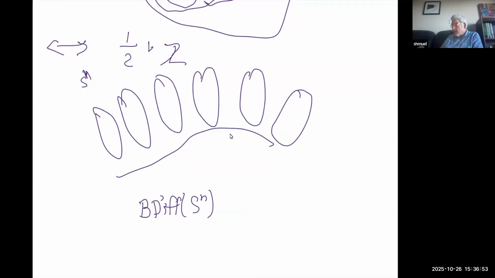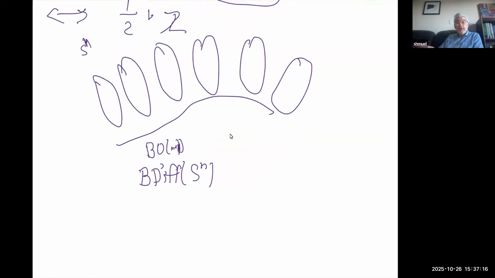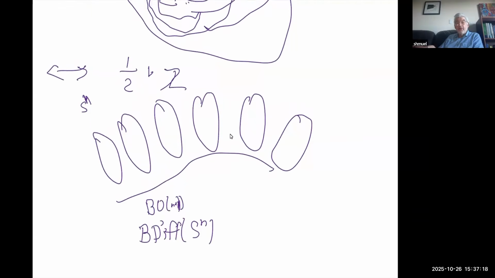The thing that we talked about before was just the linear version, right? Where we figured it out for BON, that's the infinite Grassmannian, and we saw the slope was whatever it was. I guess this would be BO(n+1). That would be what corresponds to the n sphere. Okay, so the trouble with this is that